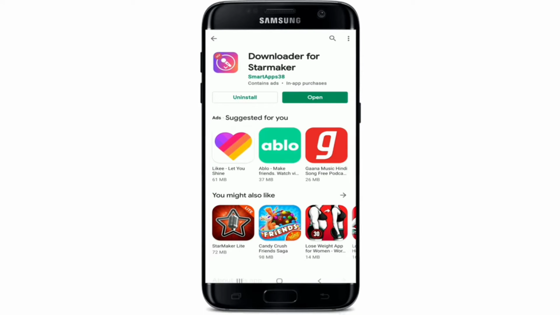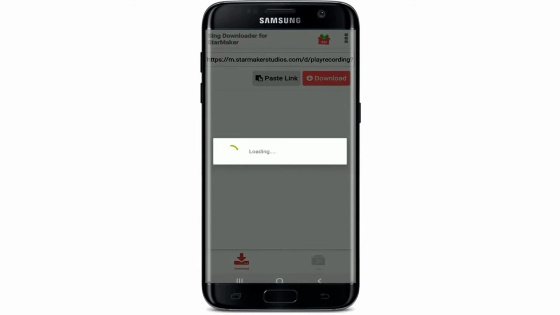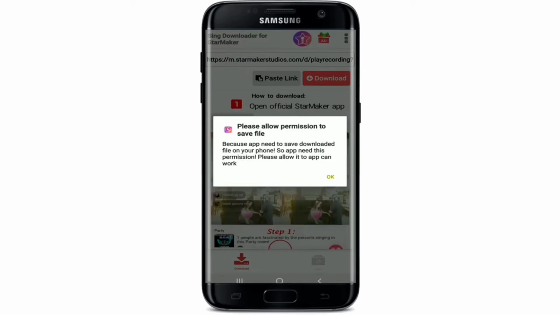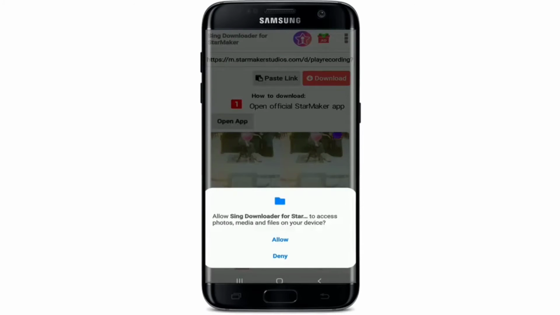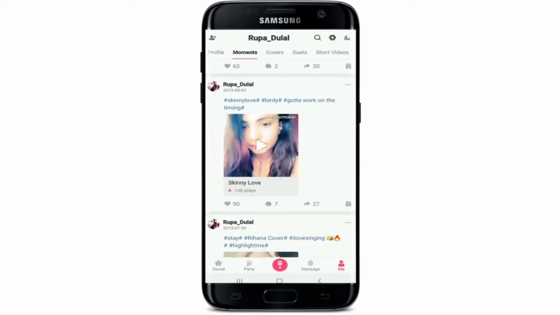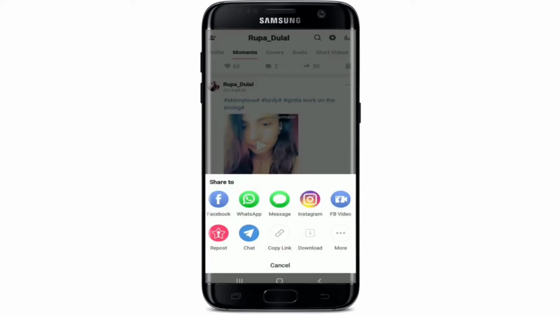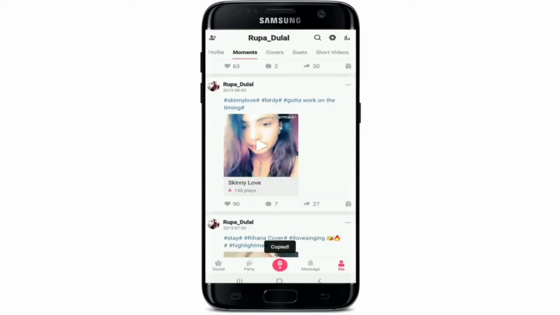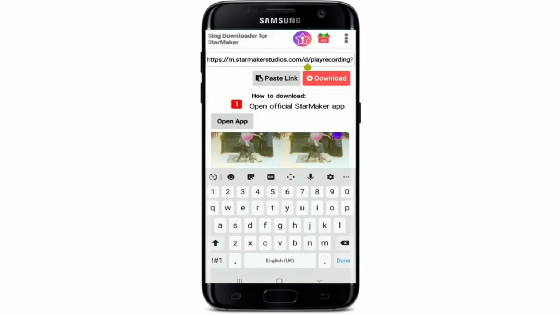After you're done with the download, tap open the application. Allow permission to save the file by tapping on OK and tap Allow. Now, you'll need to copy the link of the song you want to download from StarMaker. Select the song you want to download and tap on the share button right here and copy the link by tapping on Copy Link. Go back to the app and paste the link that you just copied right here in